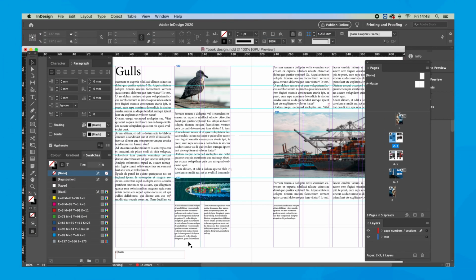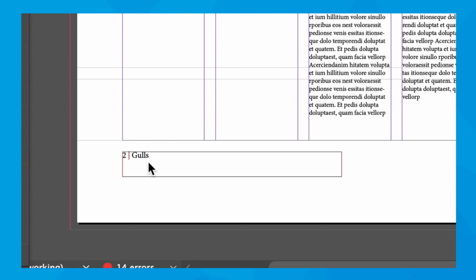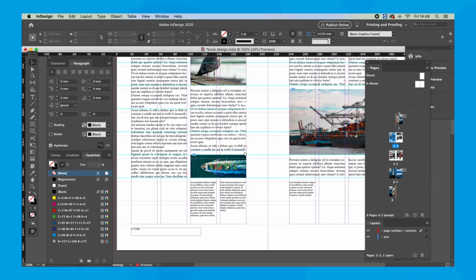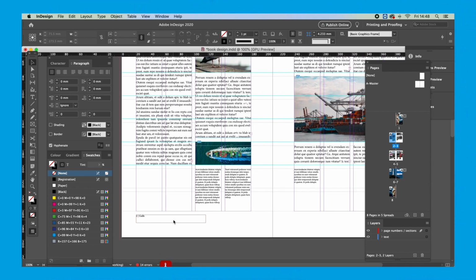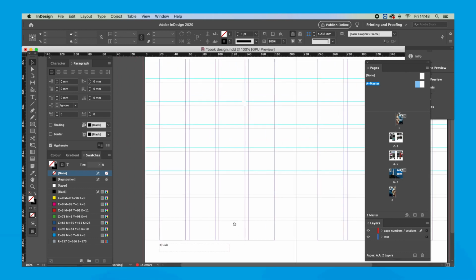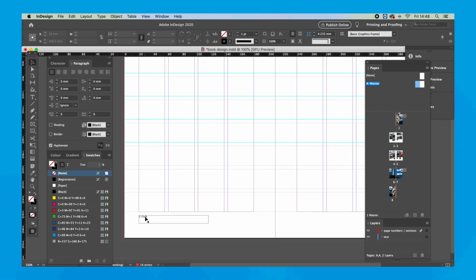Right, so I'm happy with this design that I've created for this page, and it basically is going to show the page number, and also I want the name to change depending on what section of the book I'm in. So what I can do once I'm happy with the design is copy it and delete it. I don't need it there anymore, and I can go to our master page and paste it in place, and now it's a case of setting this up to be automated.